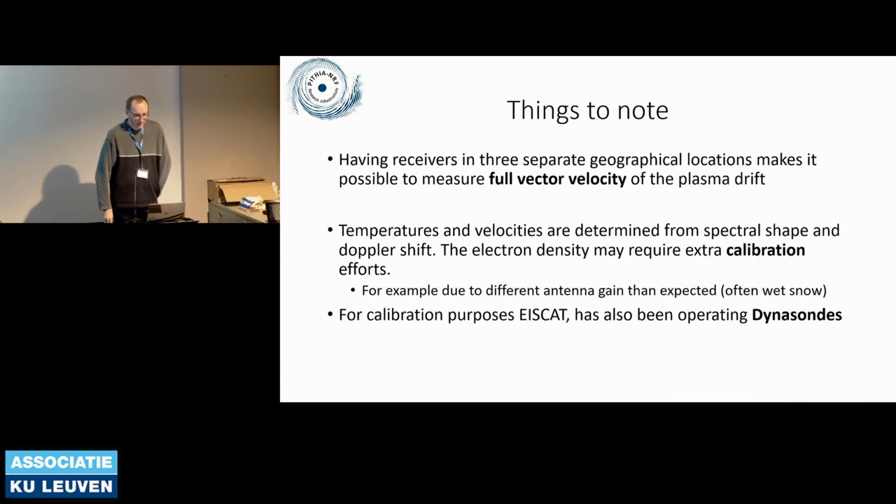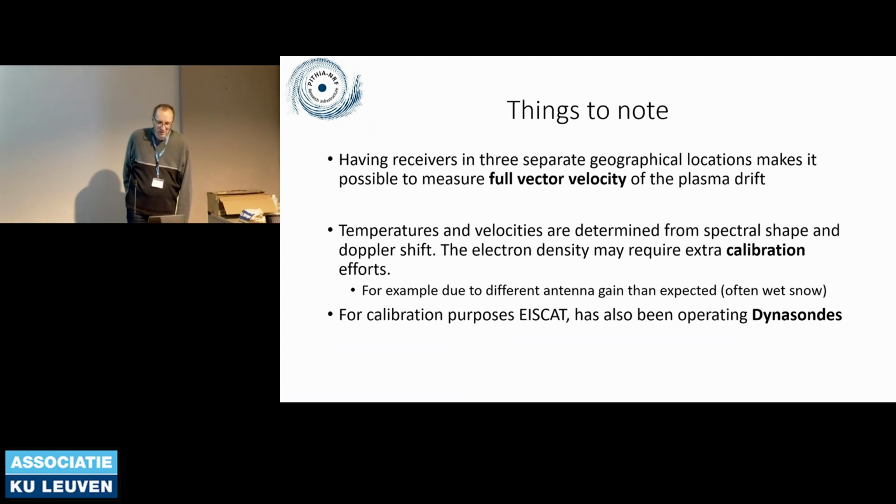So to note now, having receivers in 3 separate geographical locations, it's possible to measure the full vector velocity of plasma drift. So not only the line of sight, which is what you get from the Doppler shift, but you can get the whole thing. Temperatures and velocities are determined from spectral shape and Doppler shifts, but the density, it's from the actual height of the spectrum. And we may need extra calibration there because